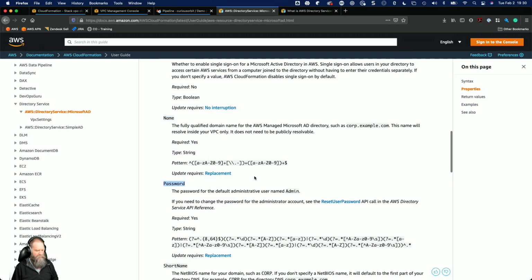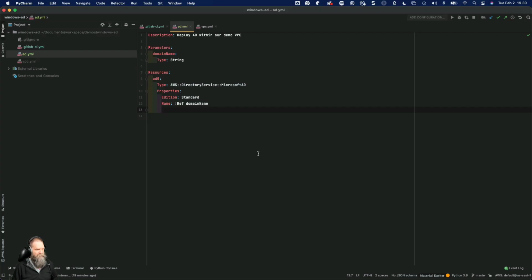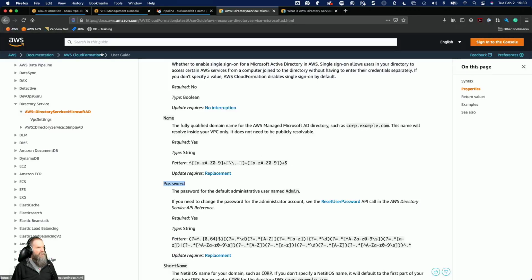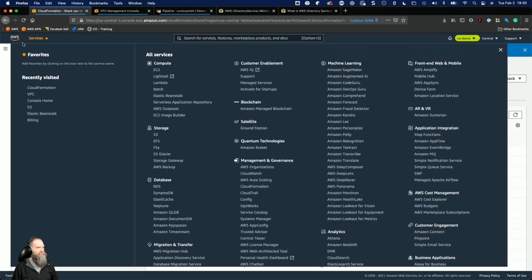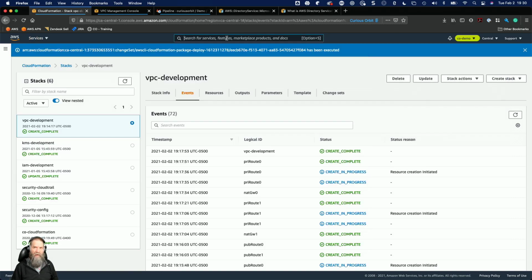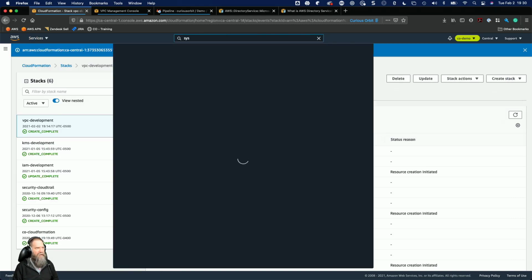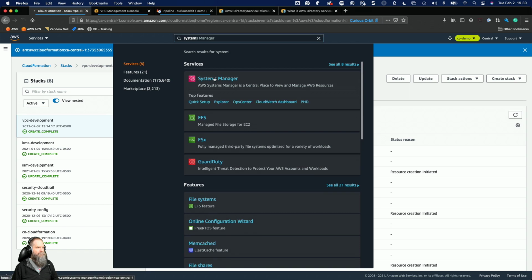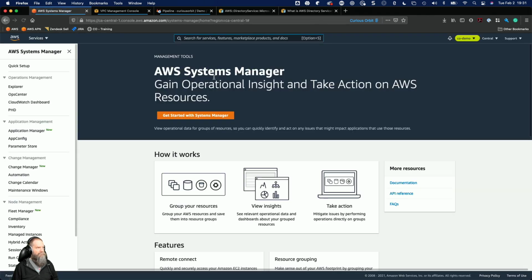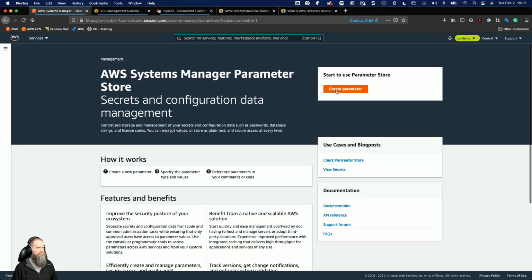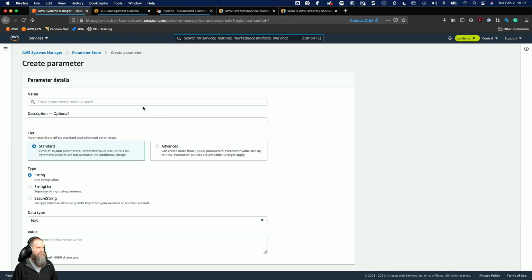We need a password. So we're going to do something a little different here. I don't really want to put the password in the script. I don't know if we've talked about this one before, but Amazon has a service called Parameter Store. Actually, Parameter Store is a feature of a service called Systems Manager. So what we're going to do is go over here, and I'm just going to create this by hand. And we'll just call this AD